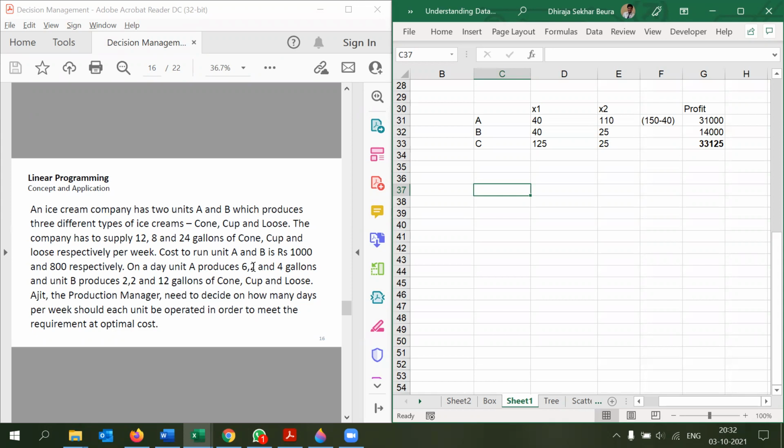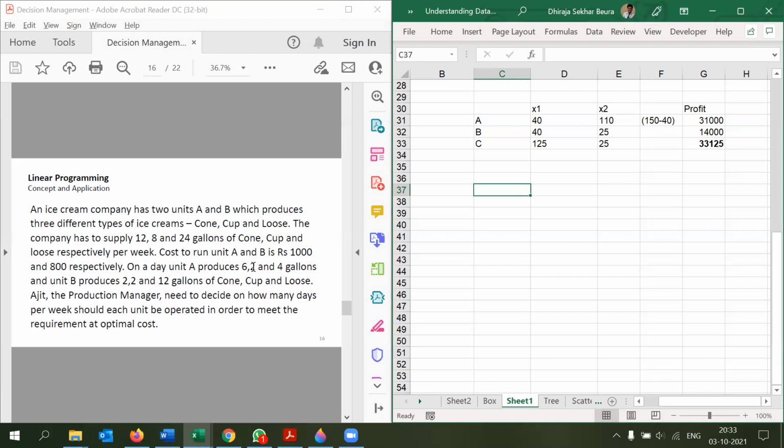I have the same question. While we will be putting this function, it has to be either less than equal to or more than equal to. So how will we decide whether it is less than equal to or more than equal to? Okay, we'll go there. Once we start writing the function, I'll take it up. At least we figured out that this is a constraint function, not an objective. Is that okay?